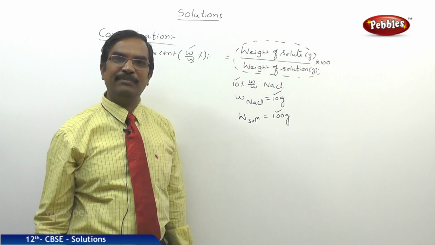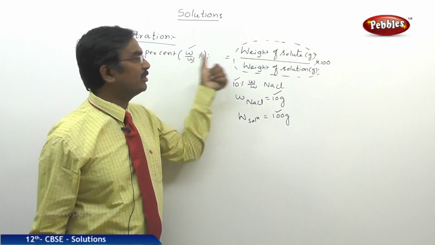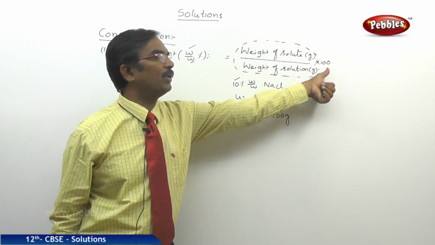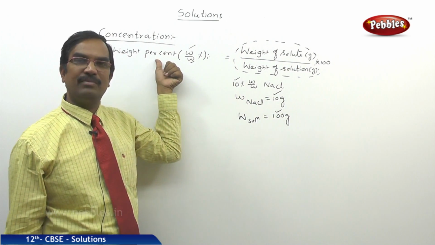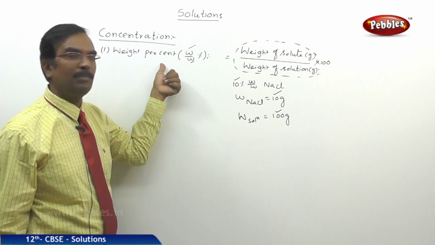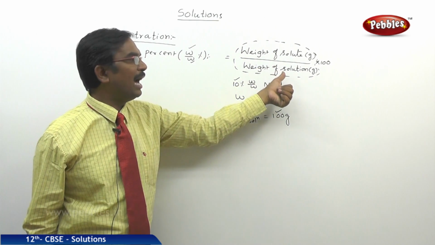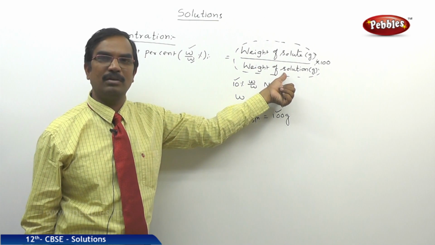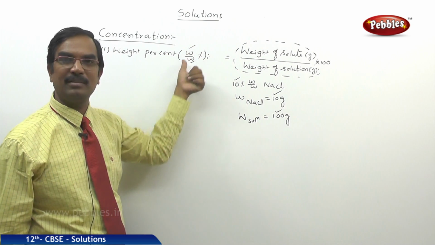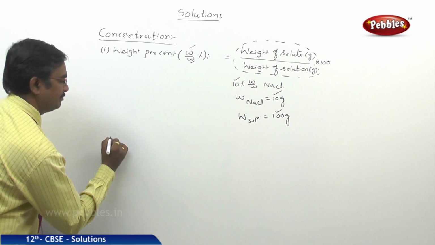So weight fraction into 100 will give the weight percent. Simply, it is the weight of the solute in grams present in 100 grams of the solution. It's called weight percent or weight by weight percent. And coming to the second one,